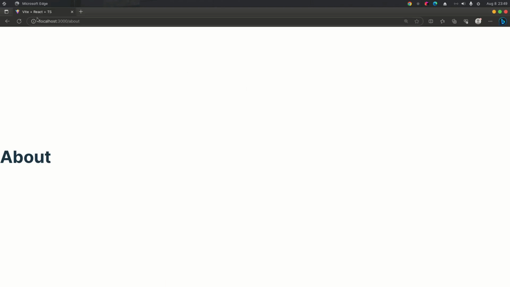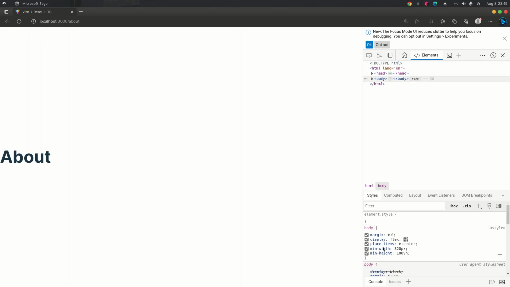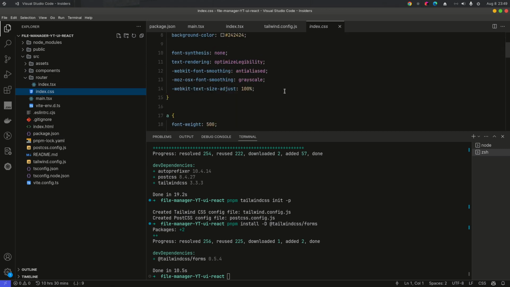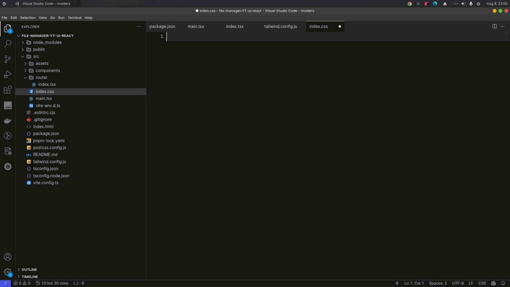So we should have this inspect. So there's nothing here, so we need to add Tailwind in our index.css. We need to remove everything from here, then add the Tailwind directives,